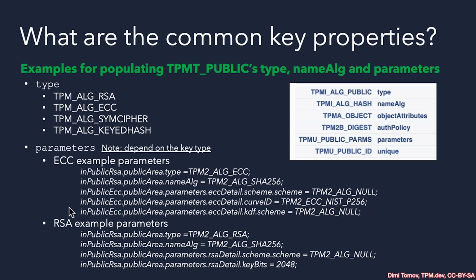I just want to demonstrate here that setting these parameters is the easy part of the equation, and the object attributes that we'll discuss in a dedicated slide is where we have to be very careful. So the RSA example, also we have the type definition as in the TCG spec for RSA. Then we have selected SHA-256 as the algorithm for the name computation. And at the end, we have the size of the RSA key. Nothing special really. We just have to be careful for typos, I guess, at this stage.